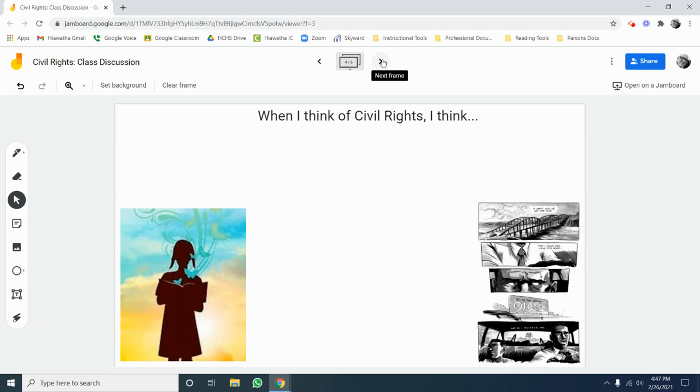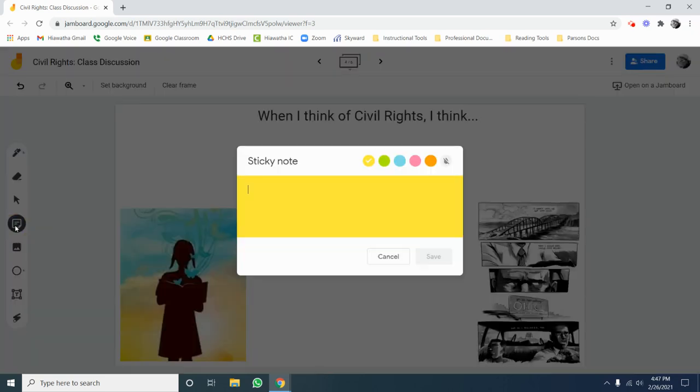When I think of civil rights, I think... Well, when I think of civil rights, I think a lot of things. But one of the things that comes to mind is the fact that I'm so glad we're at a place in society where we can elect an African American president, and at any station of government, we can see equality in leadership. So that's something that I think about. So I'm going to write, when I think of civil rights, I think